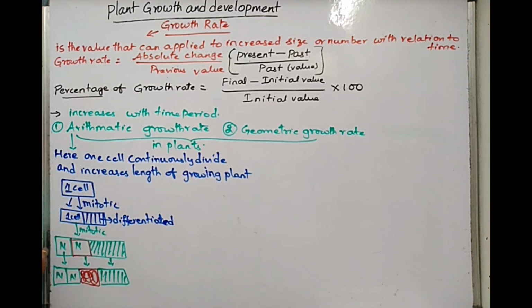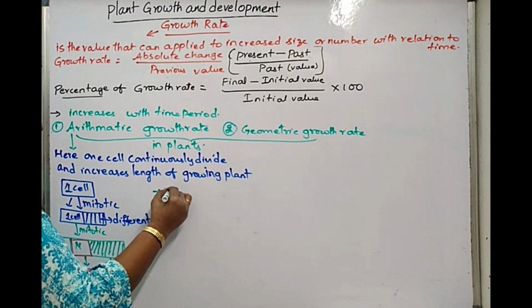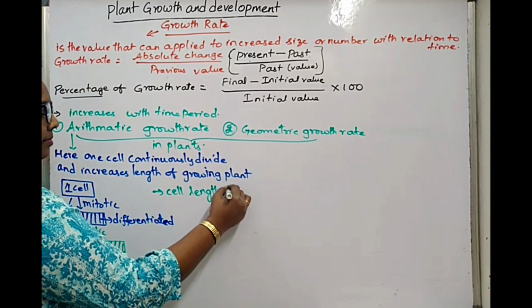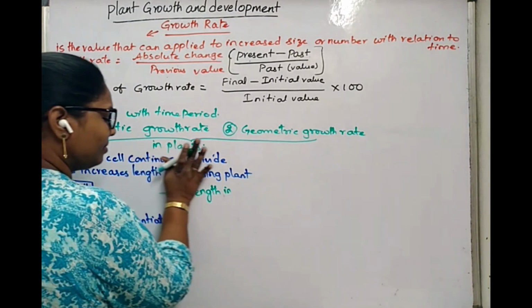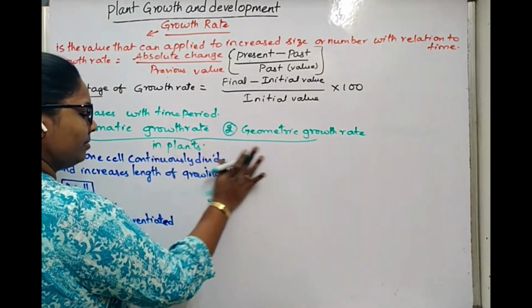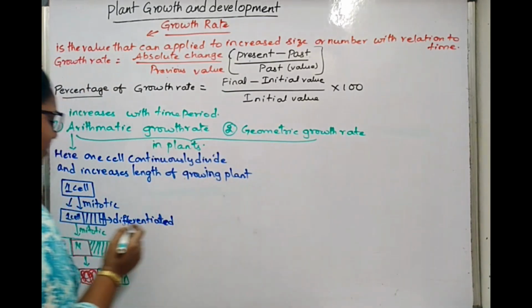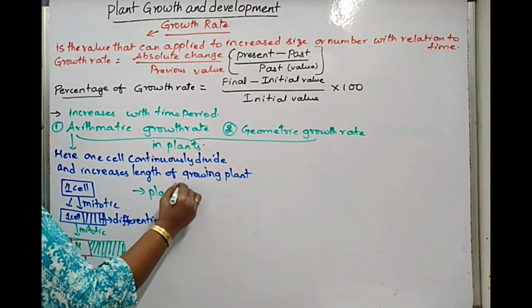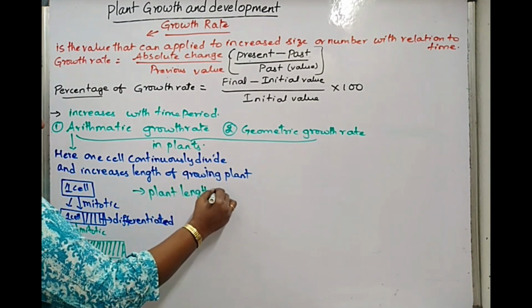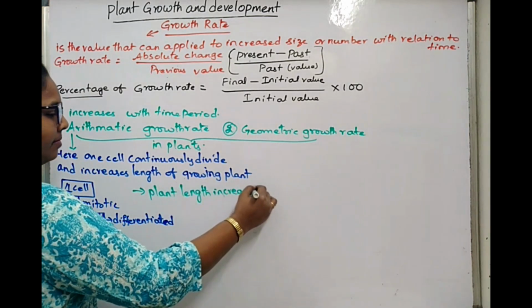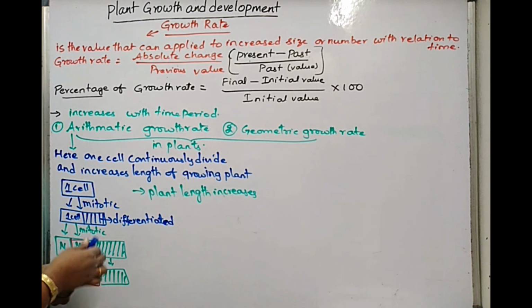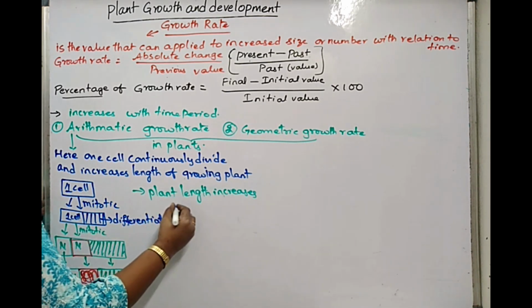So by this arithmetic growth rate, cell length increases. By this arithmetic growth rate, plant length increases, because one cell kept on continuously dividing and increasing in number. This is expressed with the formula